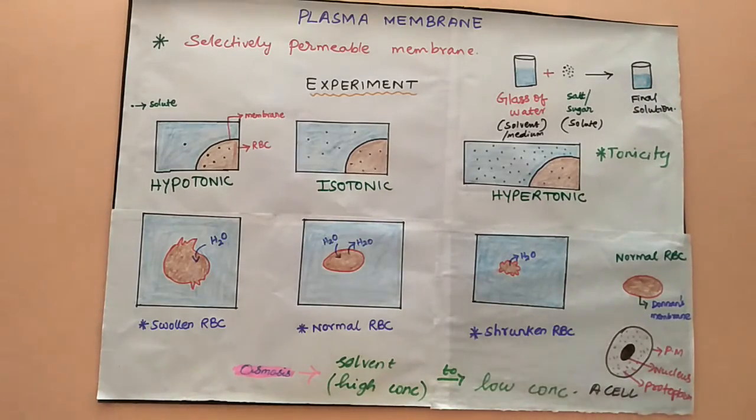The plasma membrane doesn't allow all materials. It is a selectively permeable membrane. The entry of carbon dioxide, oxygen or water happens through the concentration gradient. There is no need to spend energy. This is a passive diffusion process, a passive method. But the entry of many other materials needed for communication in a cell happens through the active method, so there is a need to spend ATP for the process.